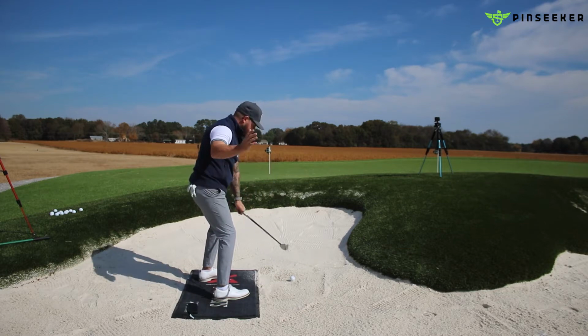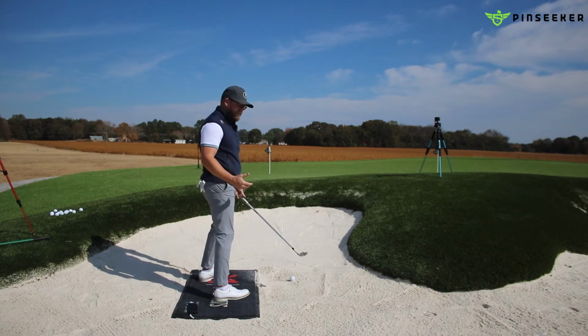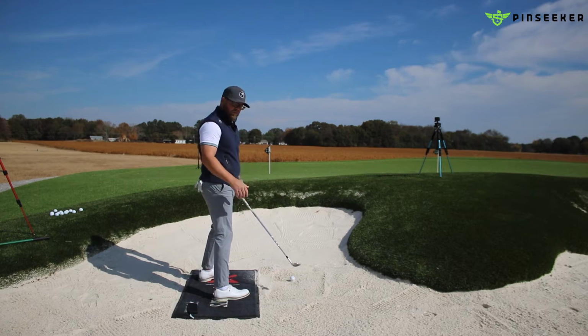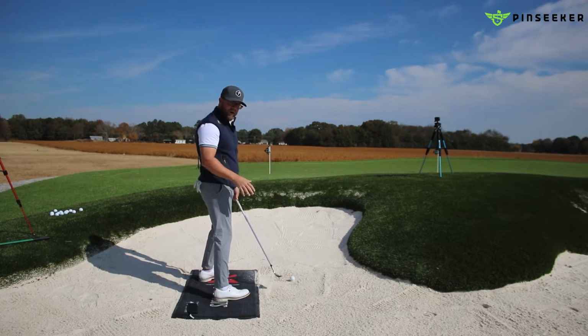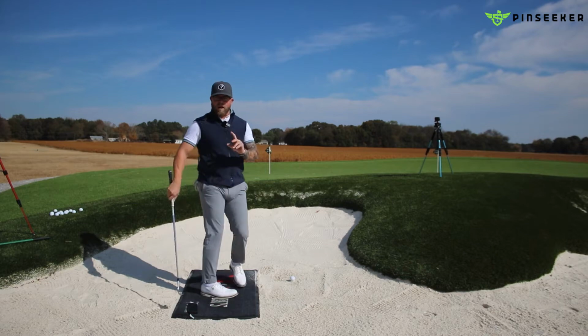So my swing path is going to be going a hair to the left, but the open face is going to counteract that, and it's going to throw it a little bit higher, and it's going to throw it a little bit to the right to go at the flag. So I always tell people, try to get the face lined up at the pin or your target if you're trying to play some break or some bounce, and your feet to the left of it. So before I demonstrate this,